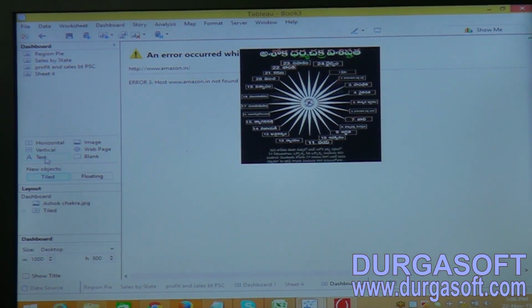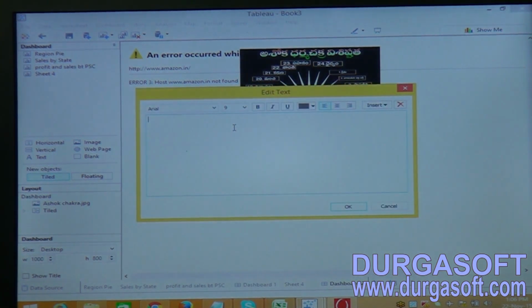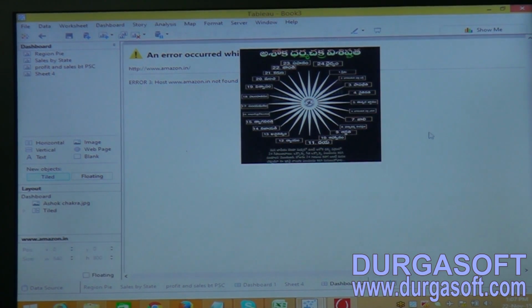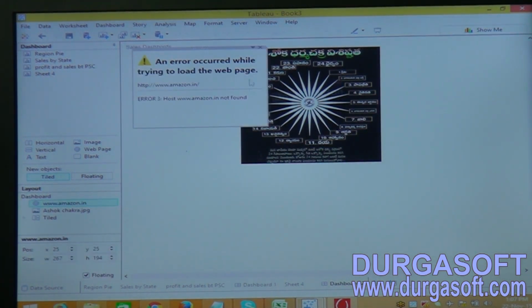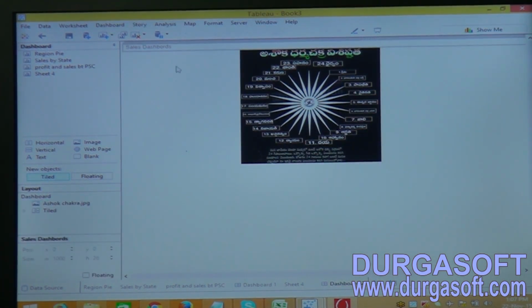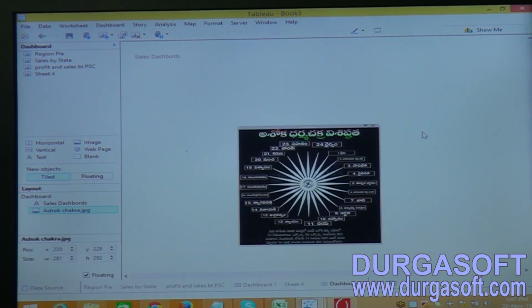Text, we know that you can add some kind of names by using text. Okay, sales dashboards, and give this, and you can select this. Now see this, we have a floating text where it is giving you that data.